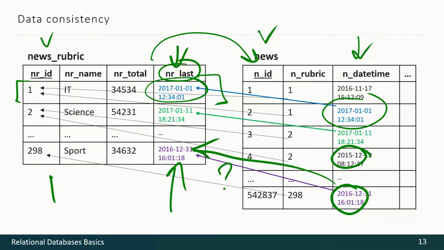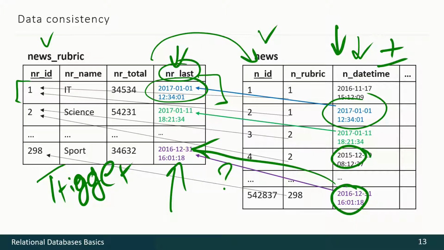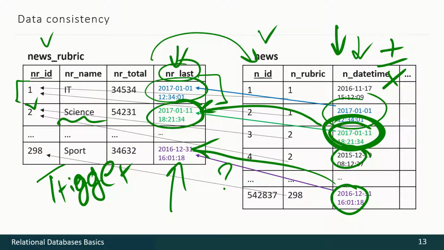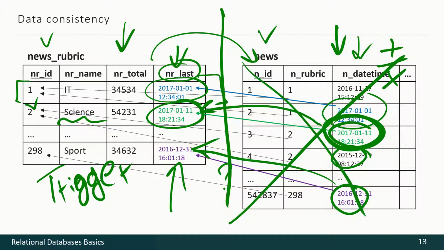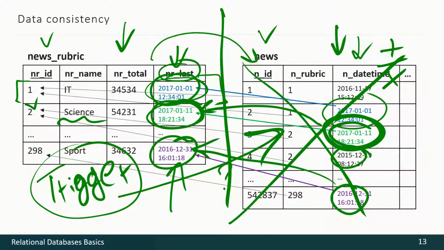So you have to use something like a trigger, usually a trigger, to watch the table, and once any news is added or deleted or updated, you should find that news, for instance, that would be this news, and you should update the information about that rubric in that field. And then you may only select this table. You do not need the news table anymore for selecting the information about the latest news. But before that, you should create a trigger and analyze that table and update these values constantly.